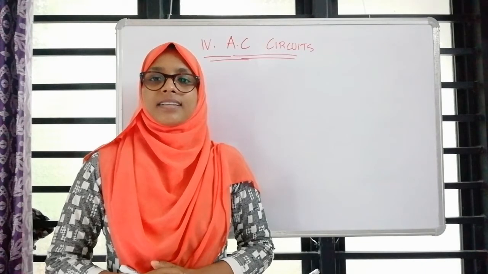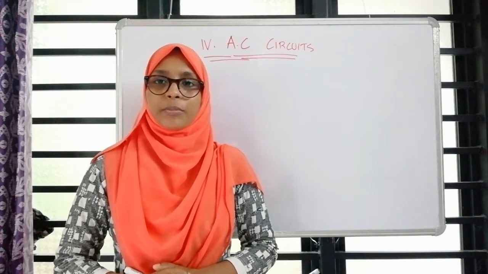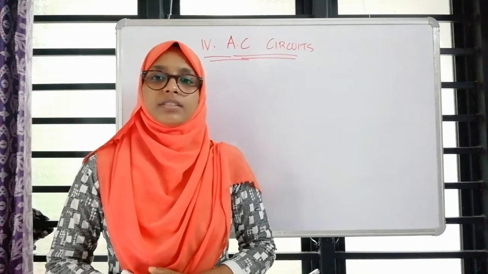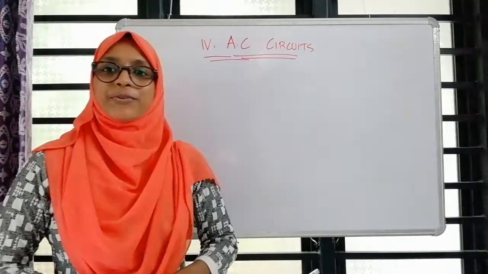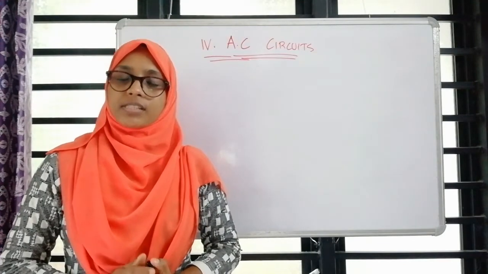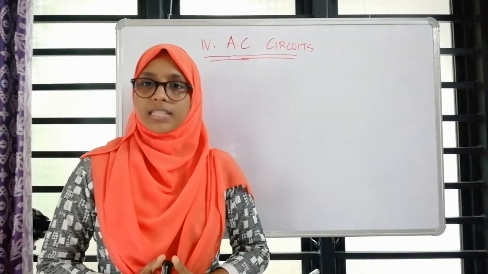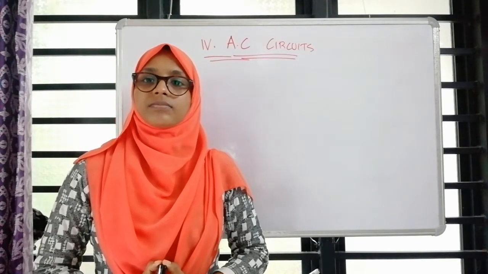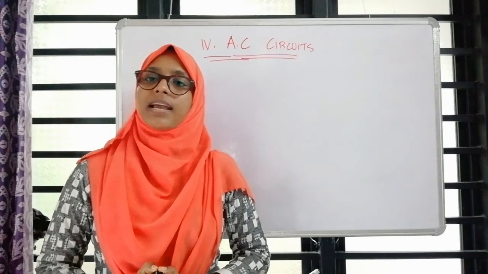Hi dears, now we have discussed 3 modules of the electrodynamics 2 in BSc level. Today we can start with the 4th module, which is the AC circuits. So what is the difference between an AC circuit and a DC circuit? Do you all read this? We just go through that topic and read one.